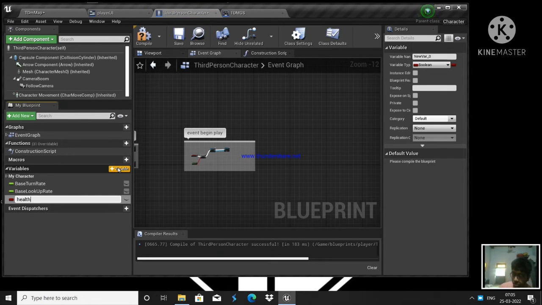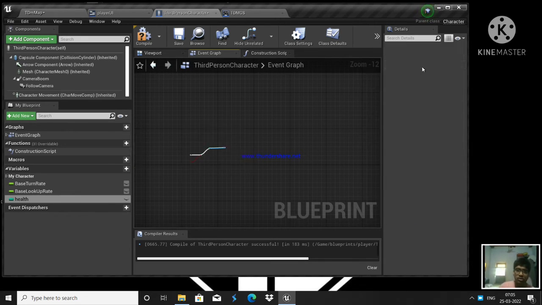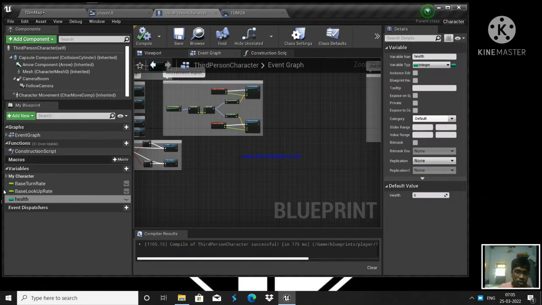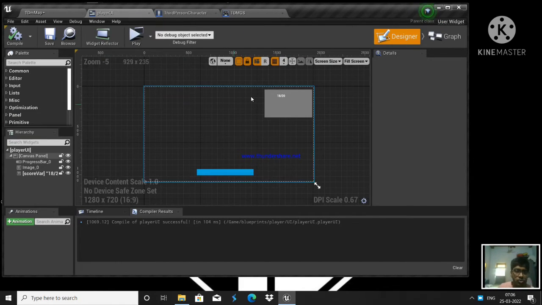If you guys don't know how to program, you should learn how to program, then only you can do it efficiently. So you can just write your own logic, and health can be something like 0 to 100. Yeah, so let us do it in a 100 way. And since health should be updated frame by frame, right? So what we're going to do is